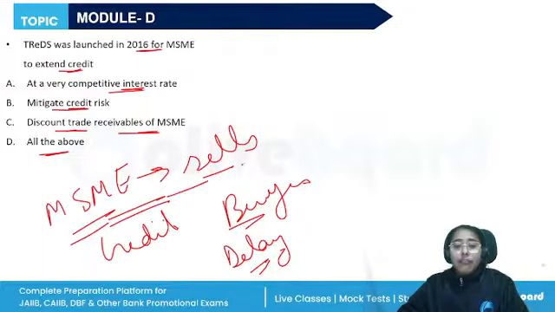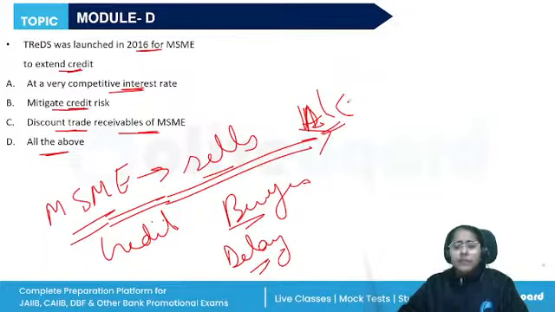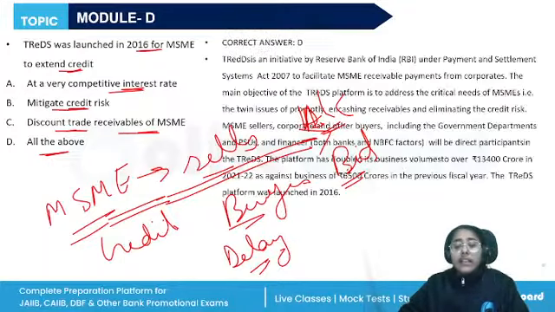On the TReDS platform, the MSMEs can go and post their account receivables or discounted receipts, which will then be priced by the bidders, and the maximum bid will be accepted. So the correct answer will be D, all of the above. All of the above. So if we talk about the